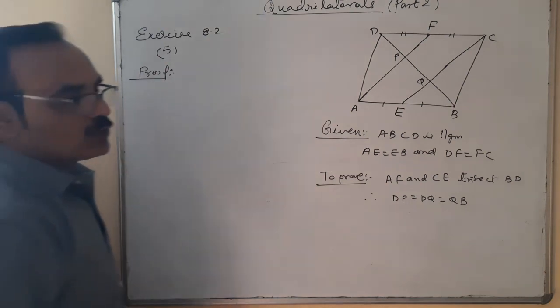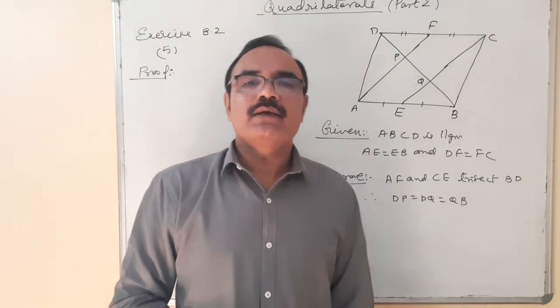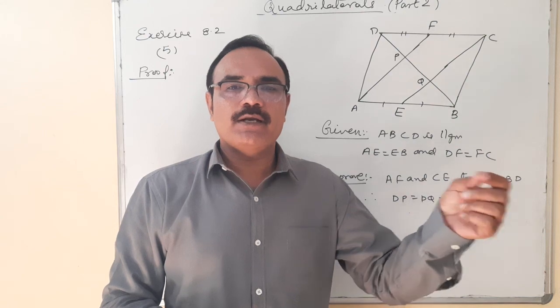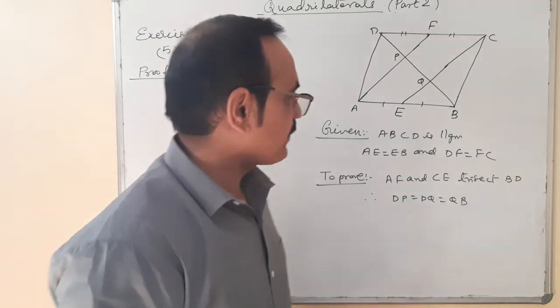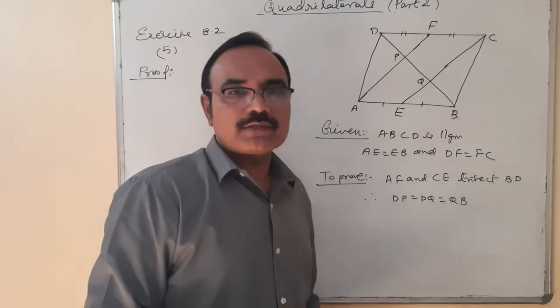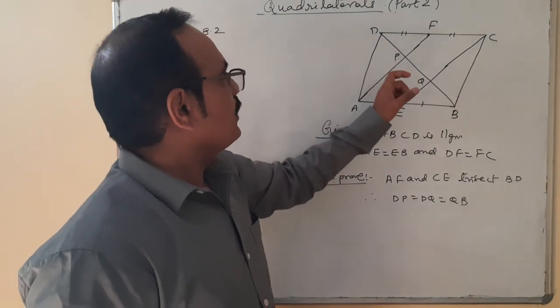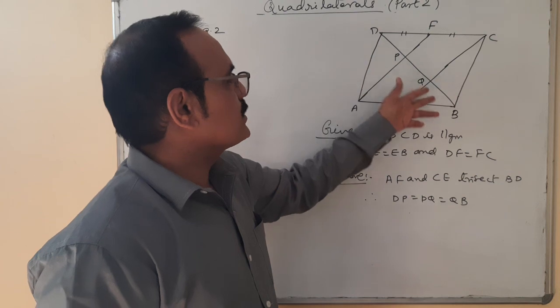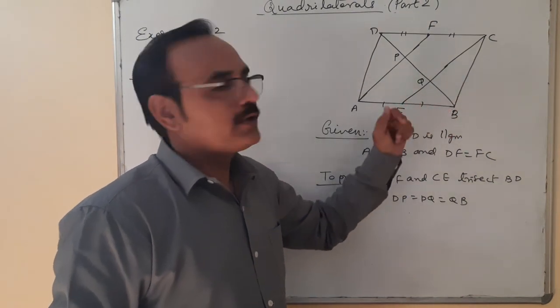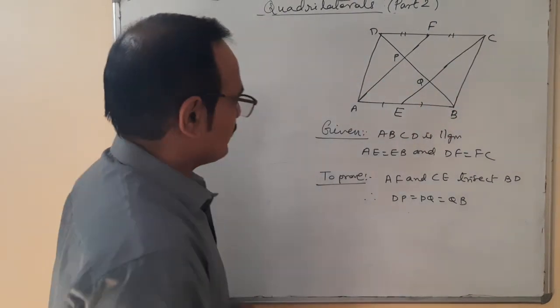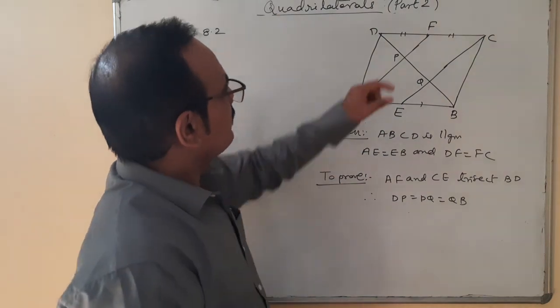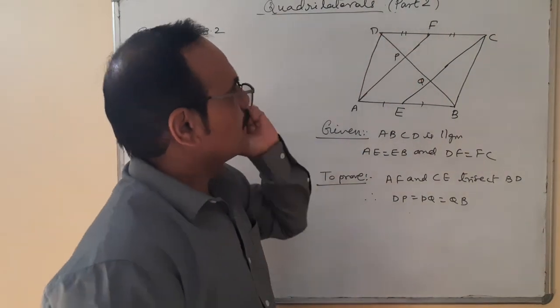As I told you, there are two theorems. One is the midpoint theorem and the second is: a line drawn through the midpoint of one side parallel to another side bisects the third side in a triangle. But in both theorems, triangles are used. So altogether, DP is equal to PQ is equal to QB is unable to prove directly. We are taking two parts. First I am taking DP is equal to PQ.